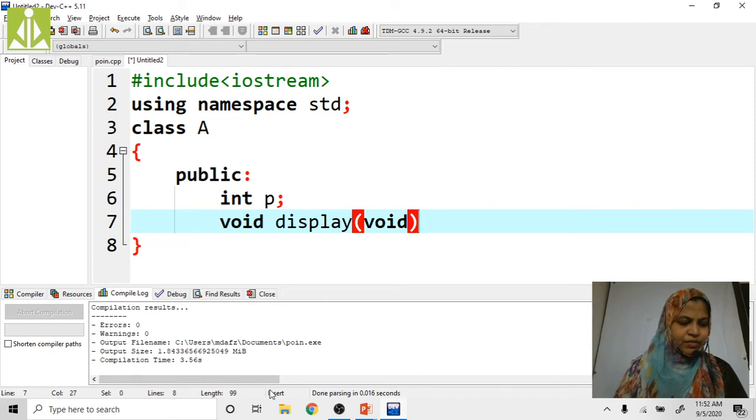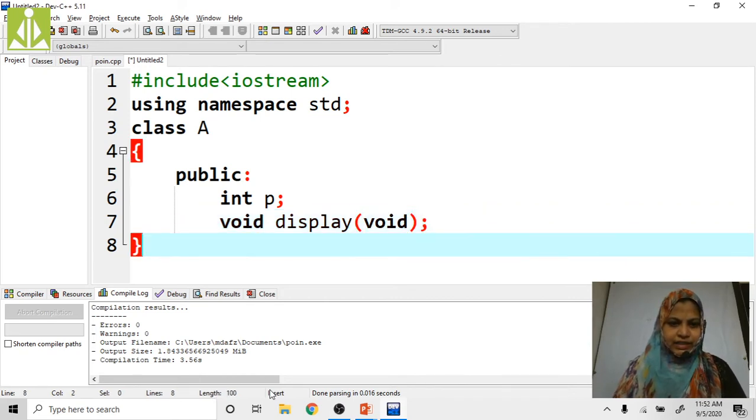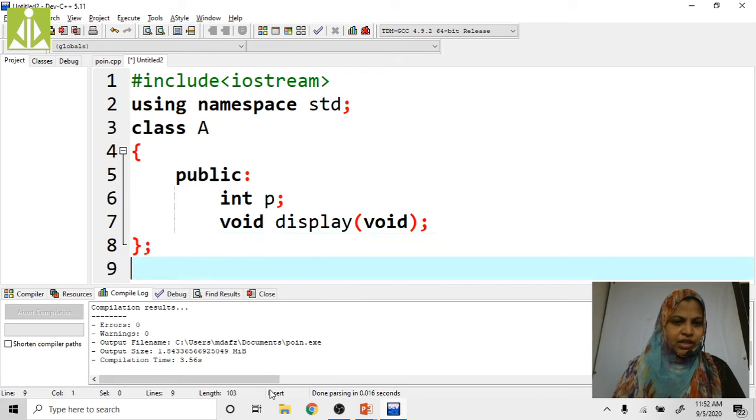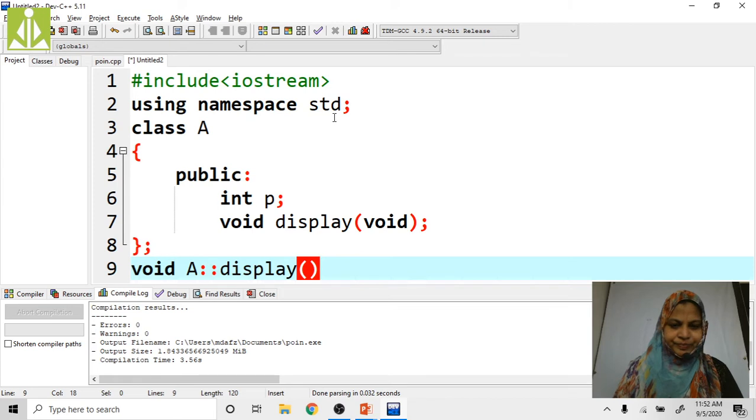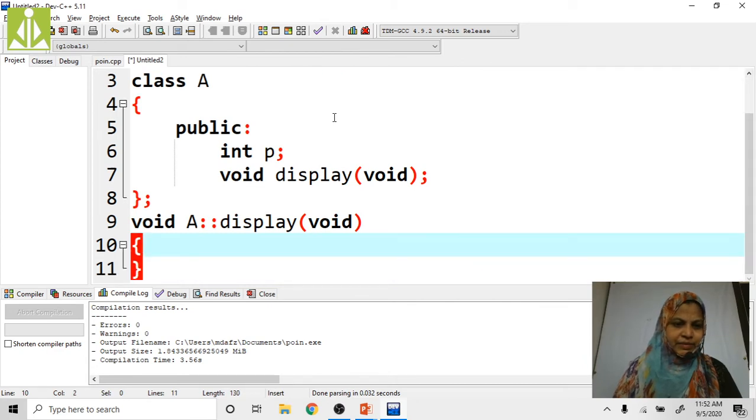And semicolon. The class is completed. Now after the class declaration, I am going to define the display function: void A::display, and open the braces.